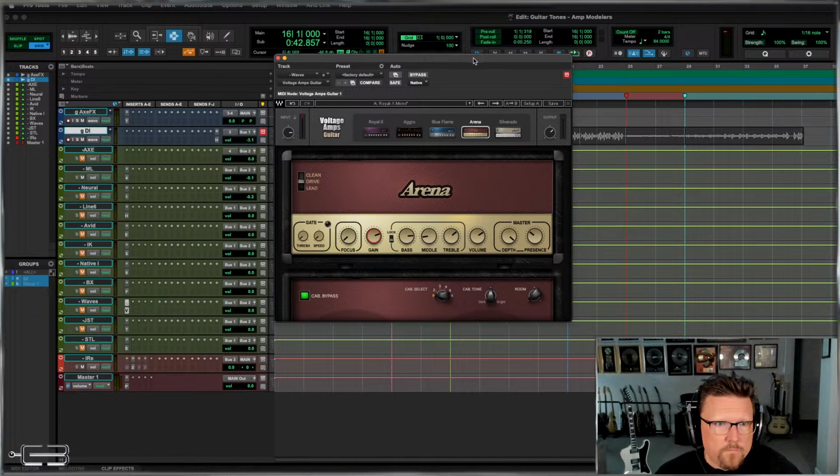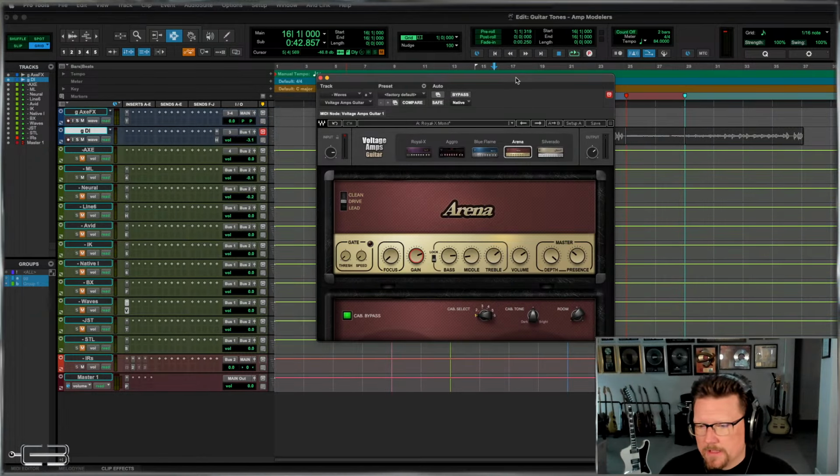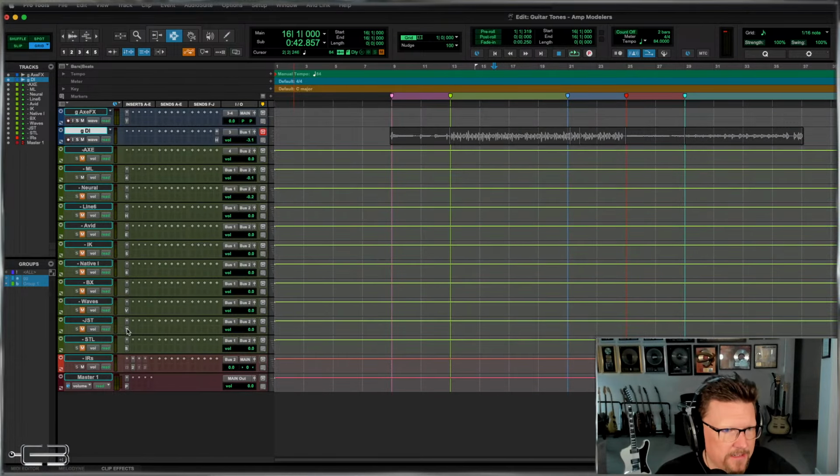The Waves guitar stuff, they've got one that I think is called GTR, and then this is their newer one called Voltage Amps. Haven't played around with that too much. And then I've got a couple other ones here that I added because they're a little bit of a different take